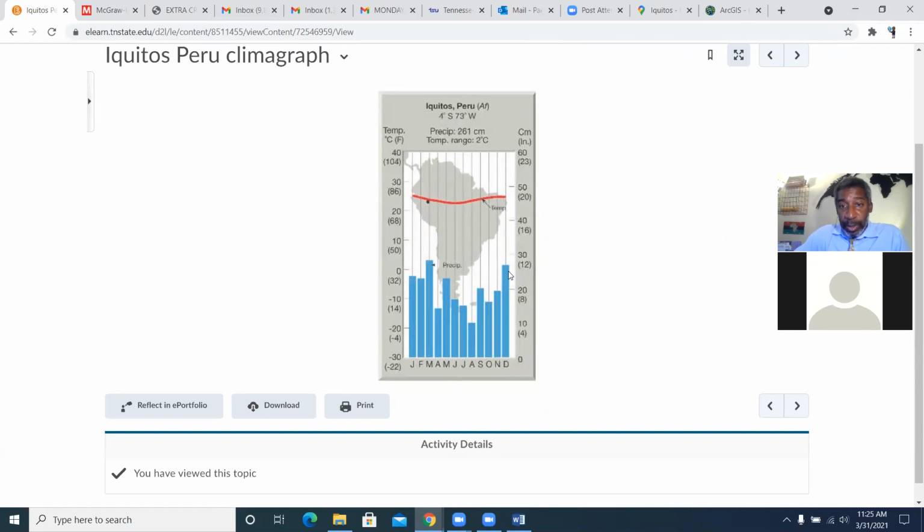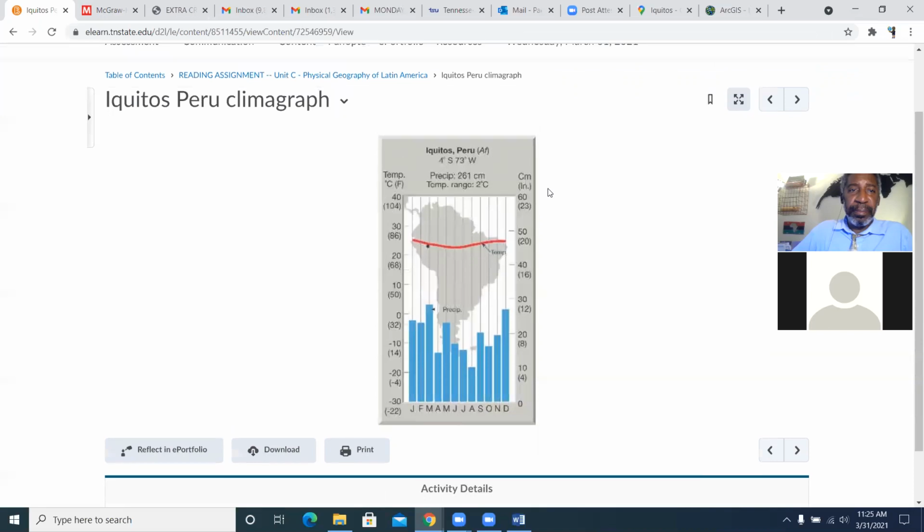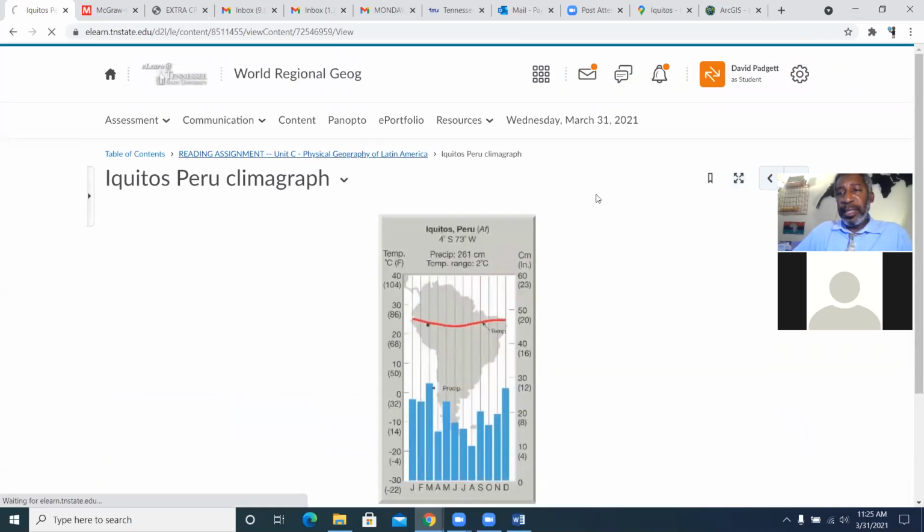Iquitos, Peru, it's substantially more centimeters, or if we translated this into millimeters, this would be 600, 500, 400, 300, 200, 100 millimeters of precipitation. So it's clear that Iquitos, Peru is a much wetter climate region than is